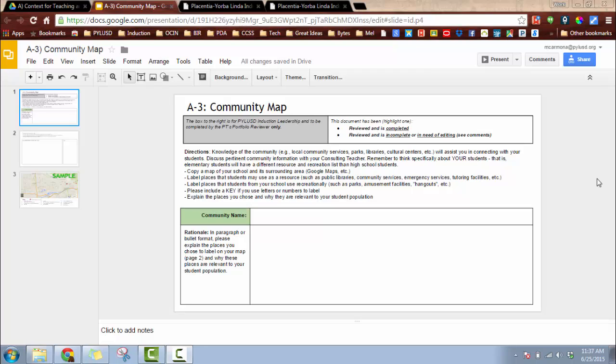Really, it's important for us to know what's important to your students and the resources that are available to them. It's important to know where they're hanging out after school hours so that we can access their prior knowledge in our lessons. So Community Map asks you to copy a map from Google Maps or whatever map you prefer,